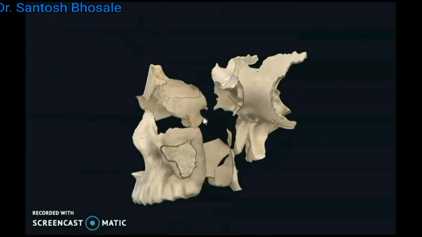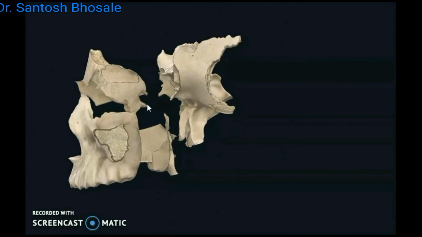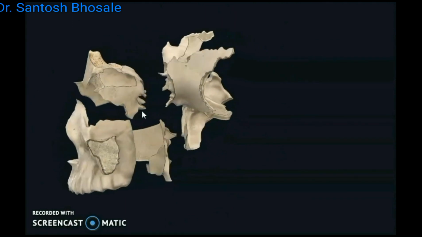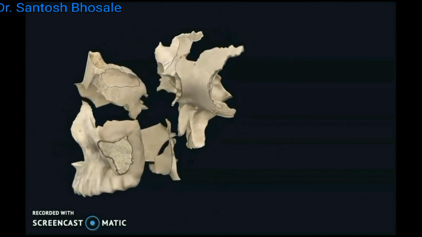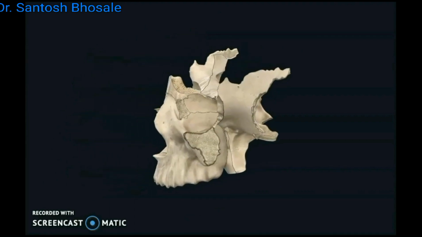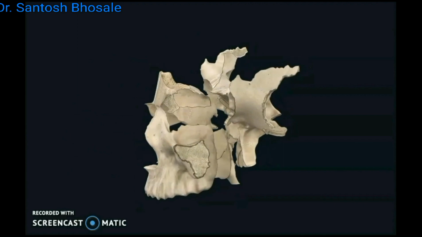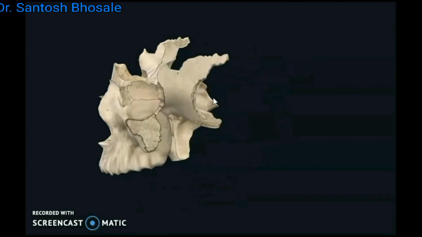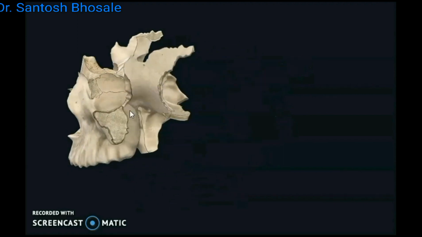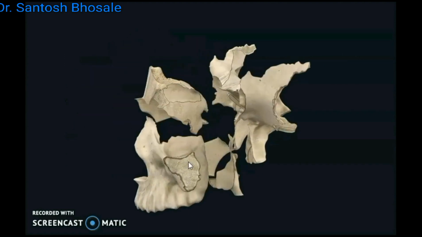So if you disarticulate them, you can see how it is. You can see here how it is, where it is: an inverted pyramid shaped fossa, a very tiny fossa, but it acts as a chamber for distribution of the maxillary nerve, maxillary artery and pterygopalatine ganglion. That is the importance here.